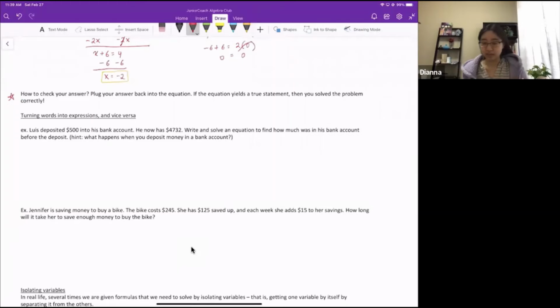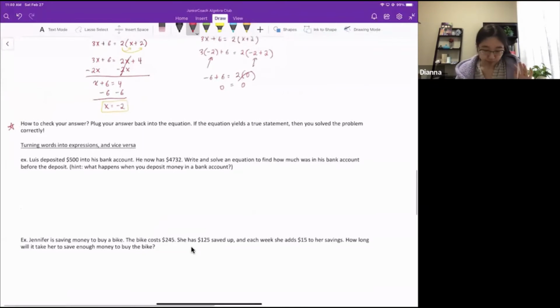So we're going to deal with a little bit of, it's not really word problems, but kind of, because usually they expect you to know how to translate these kinds of expressions into words. So we're going to be dealing with that a little bit. Word problems aren't my favorite thing to do, but sometimes they're necessary, and I think it's good practice anyway. So the first one,